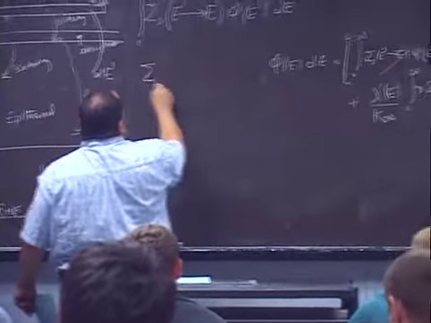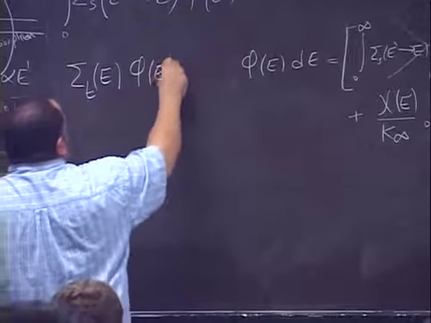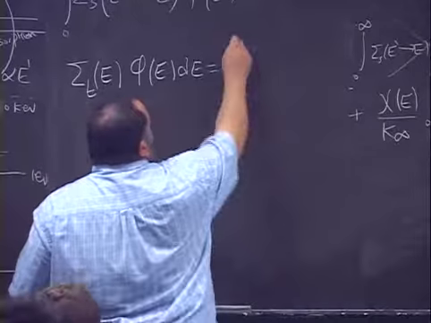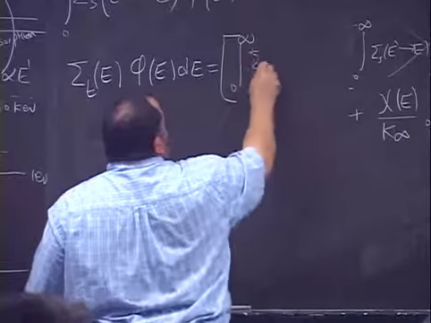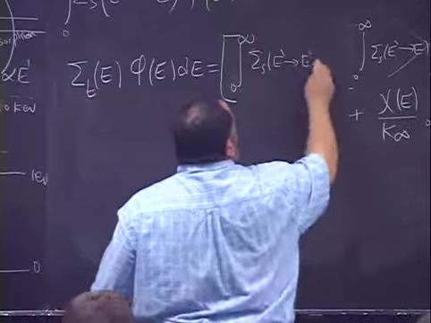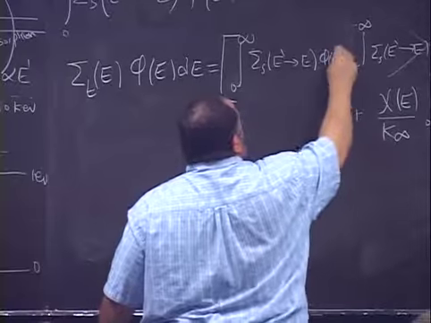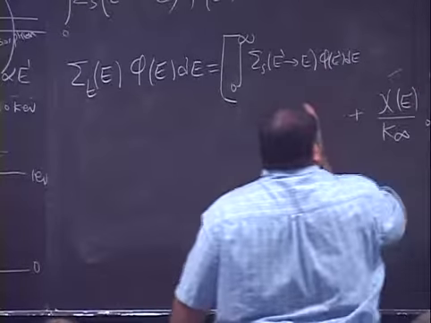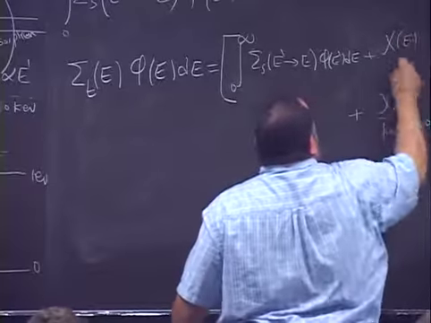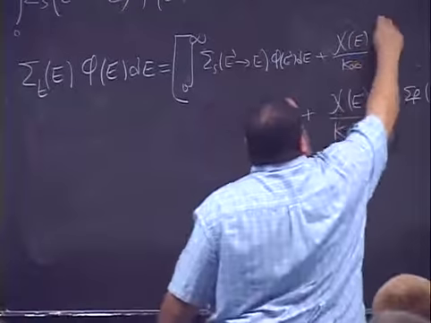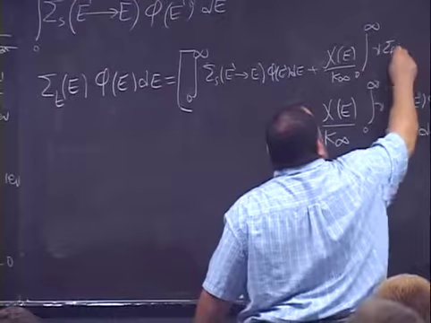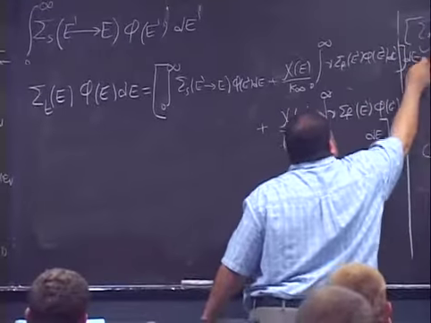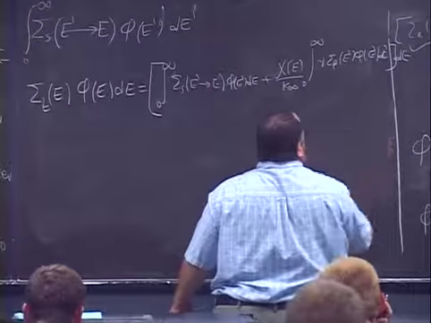this will give you sigma total as a function of E, phi of E, dE, equal to the integral from 0 to infinity of sigma scattering of E prime going to E, phi of E prime dE prime, which is this part here, plus chi of E divided by K infinity multiplied by nu sigma fission of E prime, phi of E prime dE prime, then you have dE here. So if this is not true,